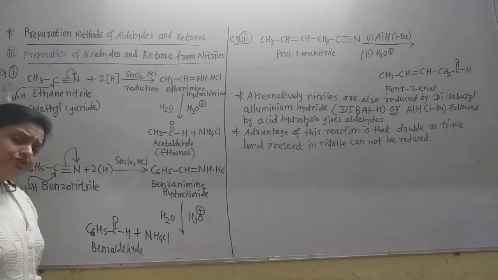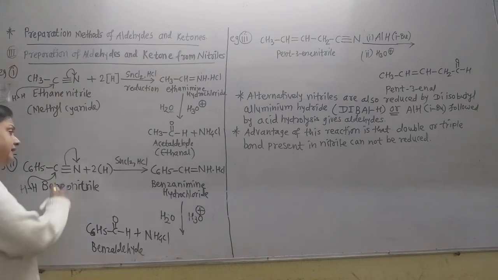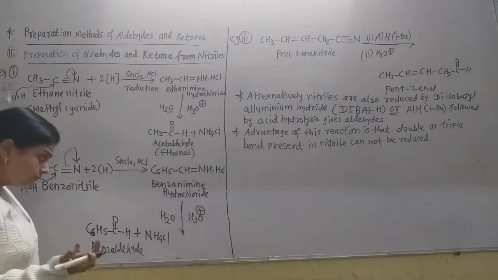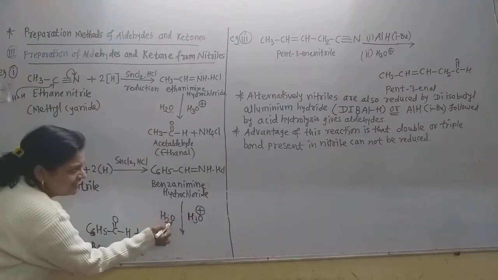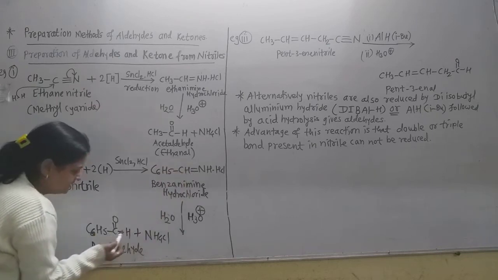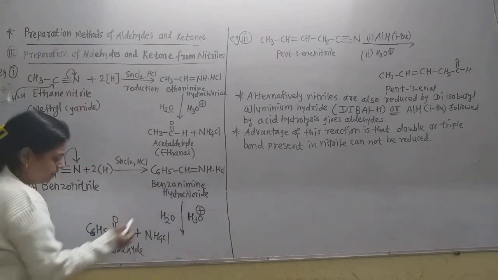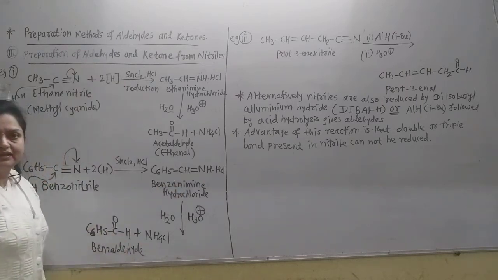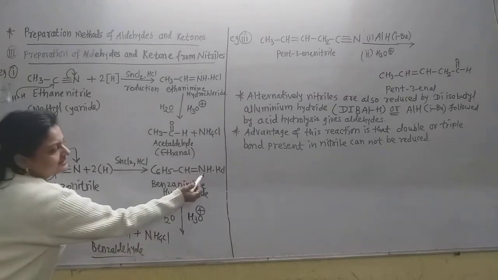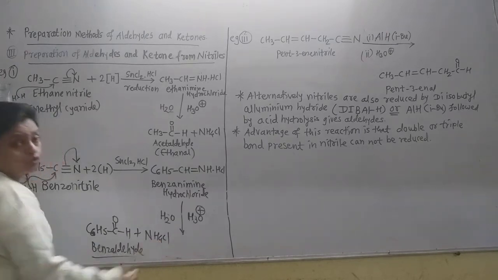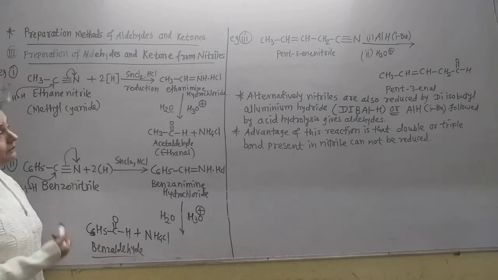Very simple. First step, only addition of 2 hydrogen atoms, one on this carbon and another on this nitrogen, but here remember only the double bond is there. Then acid hydrolysis means addition of a water molecule. Now this oxygen is directly attached to this double bond. See here, this double bond I draw in this way. Now this is C6H5, C double bond, and this hydrogen is there. Now hydrogen is compulsory in aldehydes. And what is remaining? These 2 hydrogens and this NHCl form NH4Cl. Now this is the benzaldehyde. In this way, aromatic aldehydes are also obtained by this method.